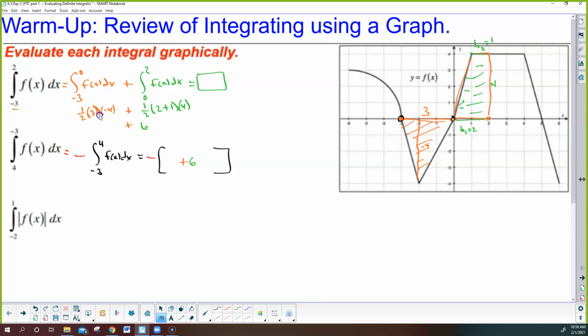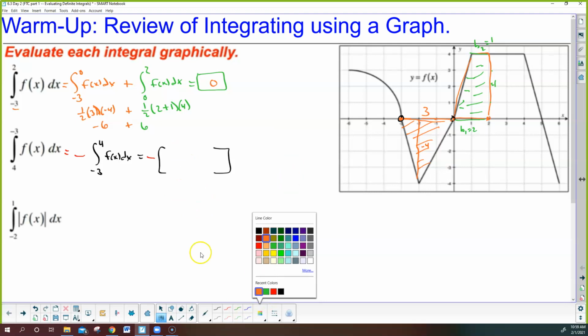So actually, this would be -6, which tells me the area here would be 0. Right? 1, 2, 3, 1, 2, 3, 4. I don't think I made any other mistakes. So that has an area of 0,